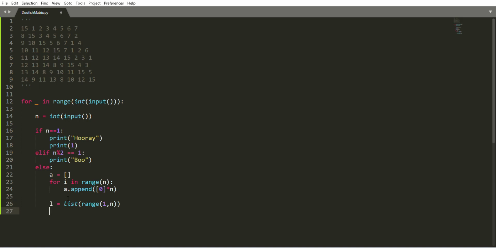Now we need to fill up this first row separately. What we'll be doing is, for i in range first row, we don't need to fill the first value because we'll be filling these diagonal elements later. So we start from here, we fill this. The row number is 0, the column number is from 1 to n minus 1. So the row number is 0, the column number is i, and we fill from